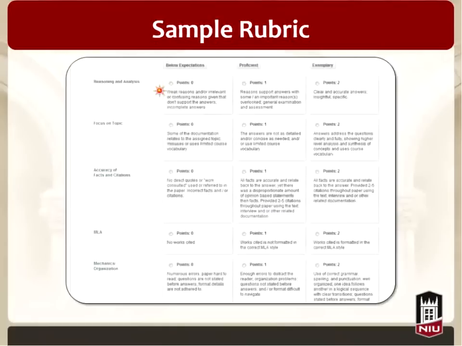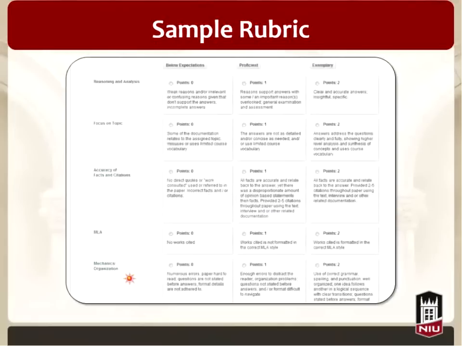but you'll see here in this sample rubric, each row is a different criterion for the assignment. So we have reasoning and analysis, we have a focus on topic, accuracy of facts and citations, and so on and so forth. And of course, the rows and columns are going to be customizable based on your subject area, what it is that you're grading. This particular one happens to be for a writing assignment, which is why we have the MLA criterion